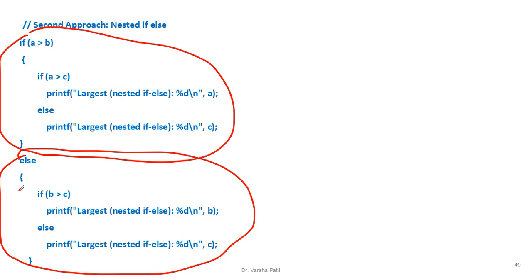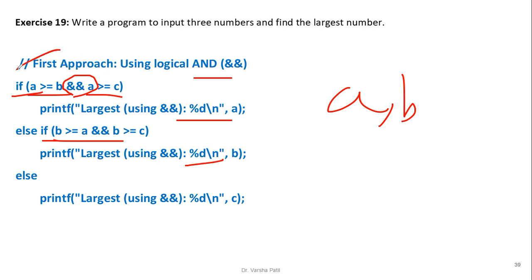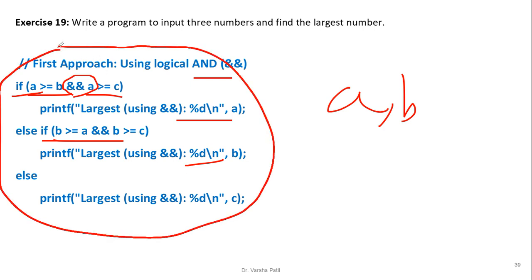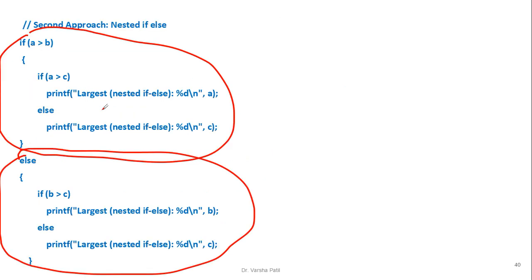C. Here in this case B is larger because of the else part. So again if B is greater than C, B is large, otherwise C is large. So in this way also we can do the program. But if you are not comfortable, you can directly go with the first approach, because this is an easy approach at the initial level to understand. But once you are aware of it, or once you have enough practice with programming, it is very easy to write the different types of